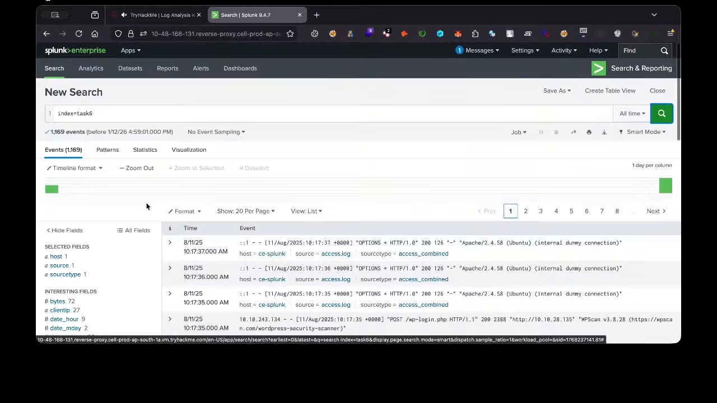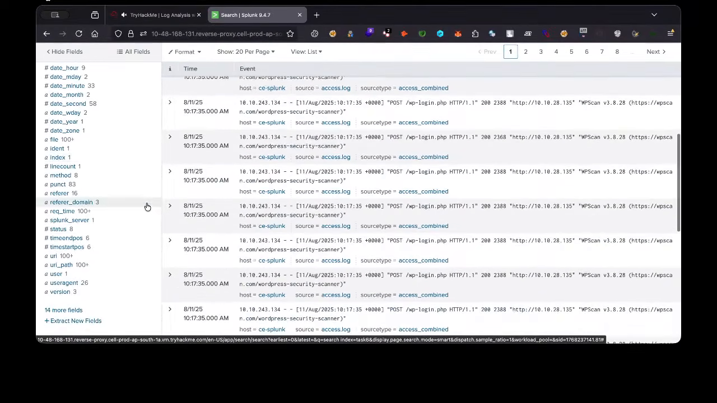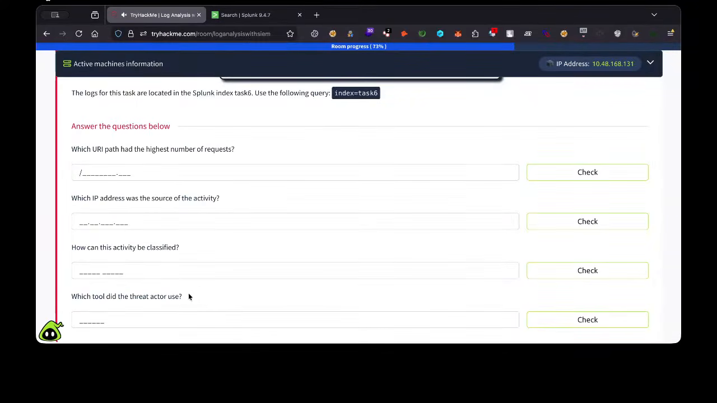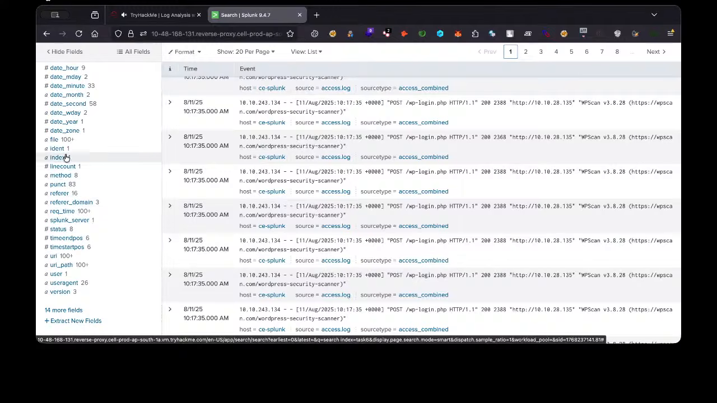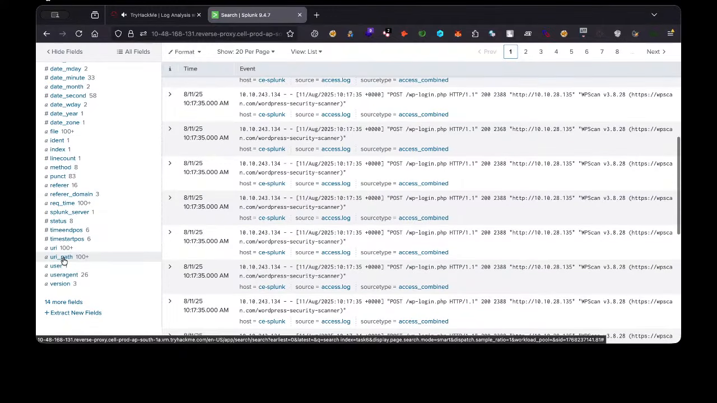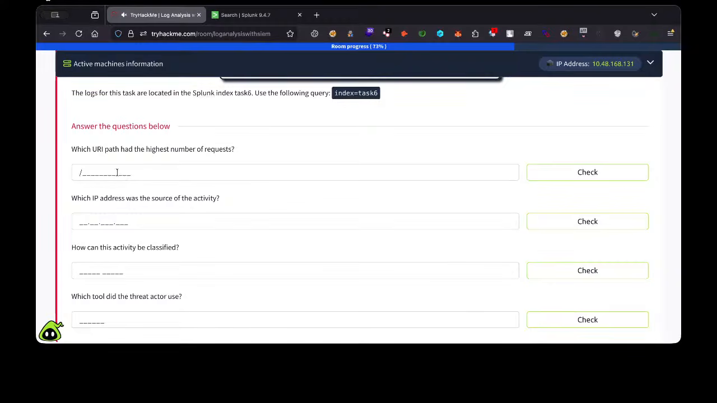So the logs are loaded. Now we have to check out everything from this. See, these are the URI paths. The very first question is: which URI path has the highest number of requests? So we can check the URI path. The highest number is wp-login.php. So that will be the answer, wp-login.php,